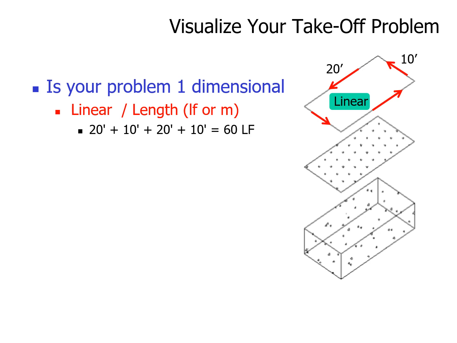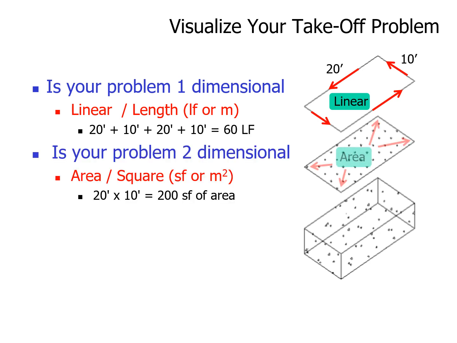Now, the other thing I would ask you is the area of the room. Carpet area, surface area, painted area. How many square feet of carpet do I need? Well, that's 2 dimensions. If I take 20 foot and multiply by 10 foot, that's going to give me 200 square feet of area. That's the square feet of carpet or square feet of painted area.